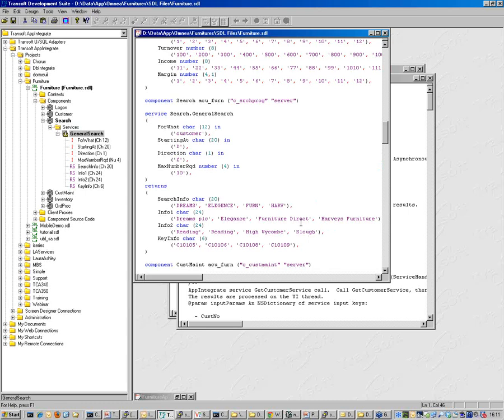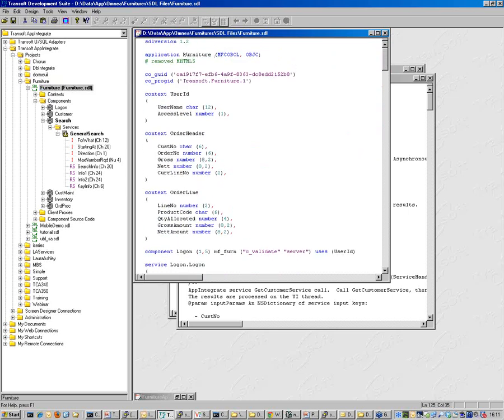Okay, so once we've completed our SDL file, the next step is to generate code from it. So we have proxies, which is our client-side code, and wrappers, which is our server-side code. So up here we can see in our SDL we have numerous